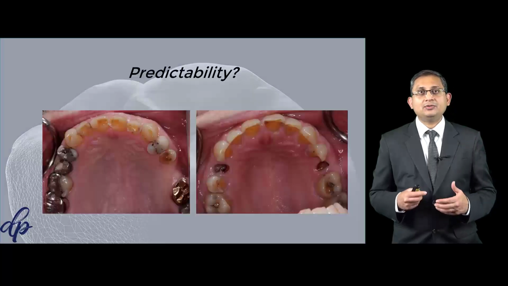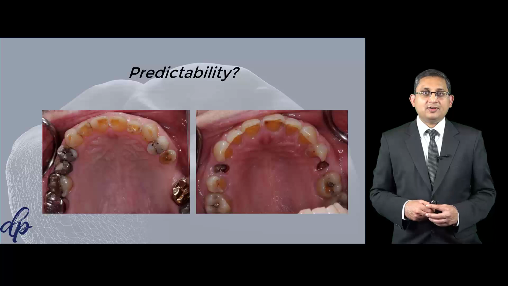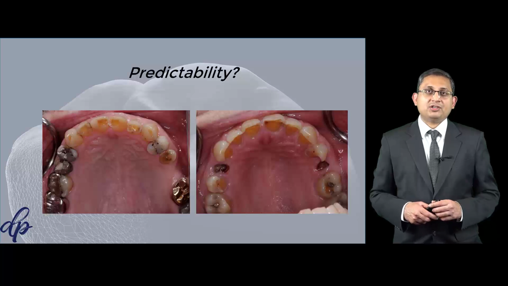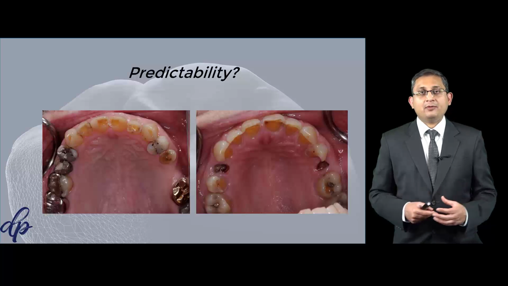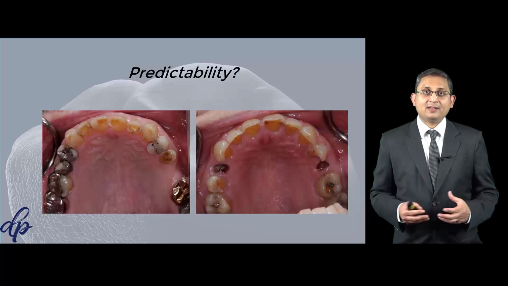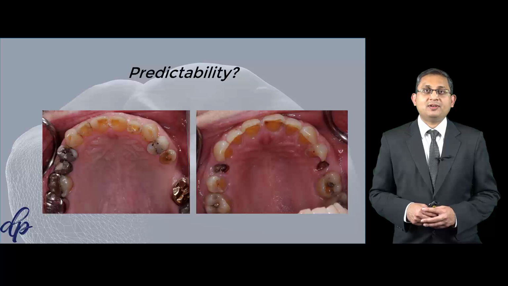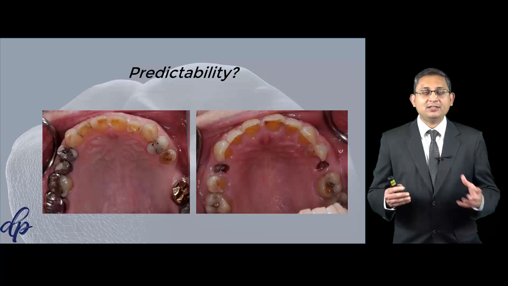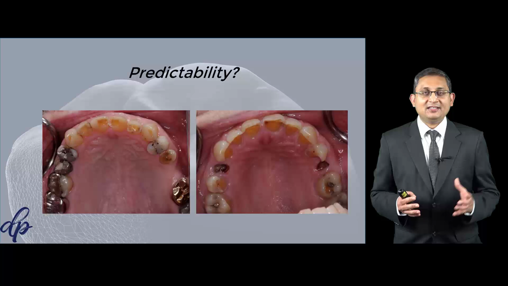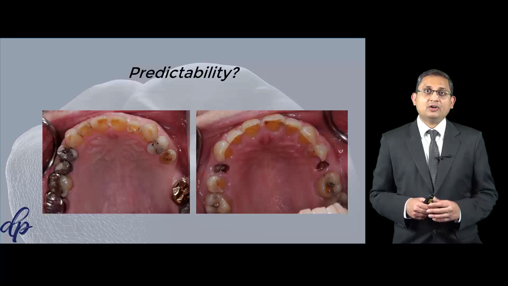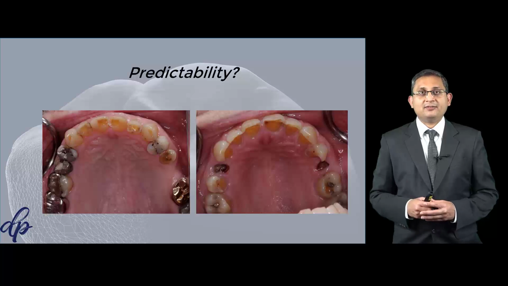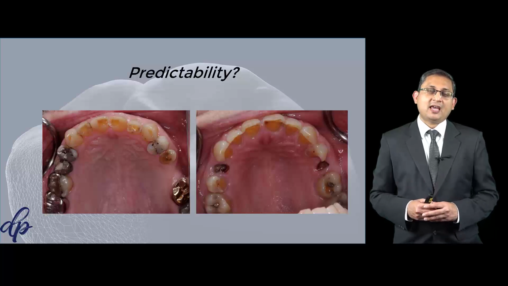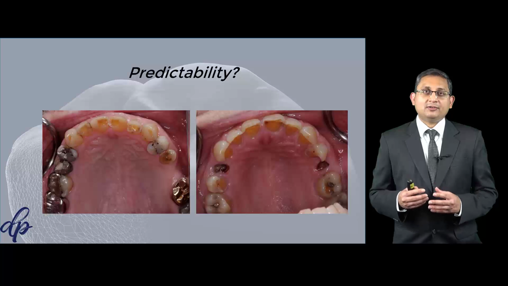So if you look at these two cases, on your left you have a patient who has broken down teeth, wear, and on the right side also the patient has wear and some of the teeth which are broken down. Now between these two cases you can clearly see the left side case is mainly because of attrition, and the right side case is mainly because of chemical erosion. And because of that,